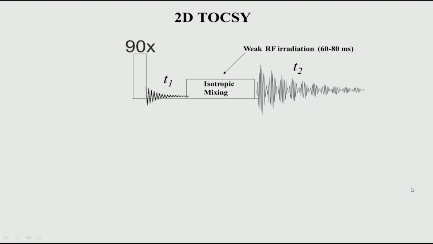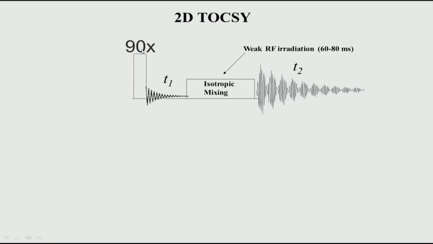Ideally you would like to know which other protons in the molecule a given proton is directly coupled to, but you would also want to know which other protons it is indirectly coupled to. So, that information comes from another experiment known as total correlation spectroscopy, 2D TOCSY, which is what we will see now. So, if you look at this picture here, this is the pulse sequence for the 2D TOCSY